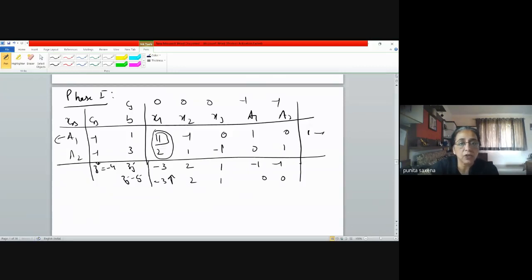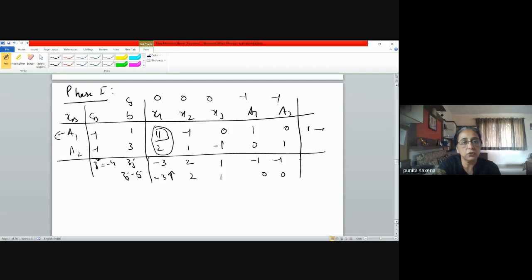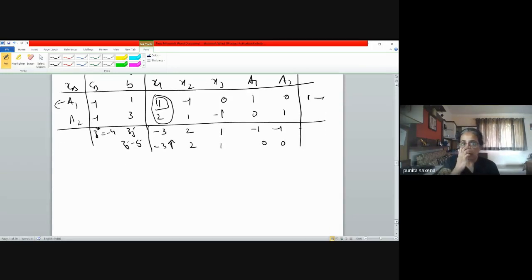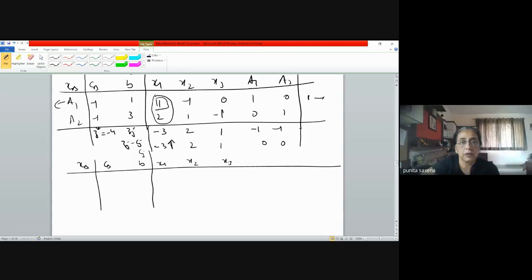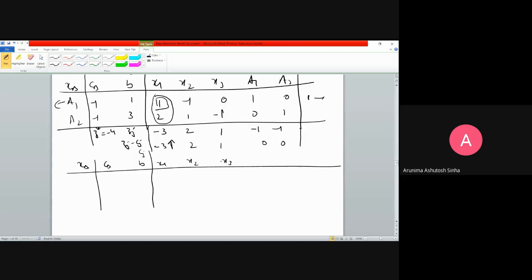So your 1 is your pivot element. So no need to change R1. It is already 1. We just need to change R2 to R2 minus 2R1 new, which is the same as old R1 in this case. So again, make a table. Ma'am, there is 0 in place of 2. Yes, ma'am. x2: 2, 0, 0.